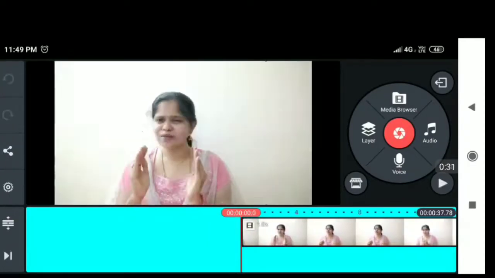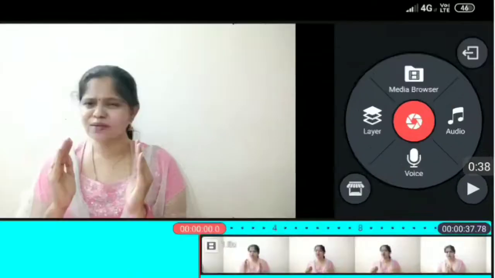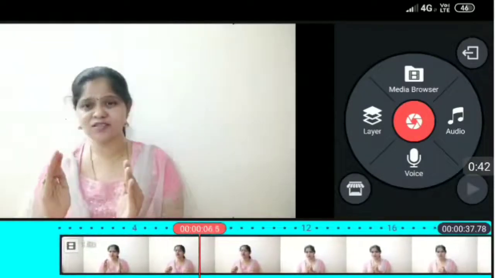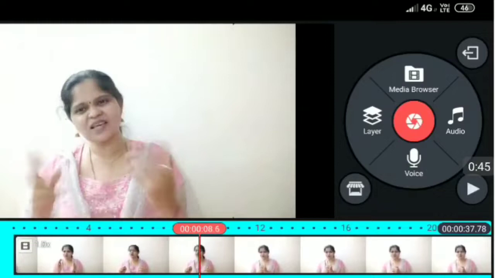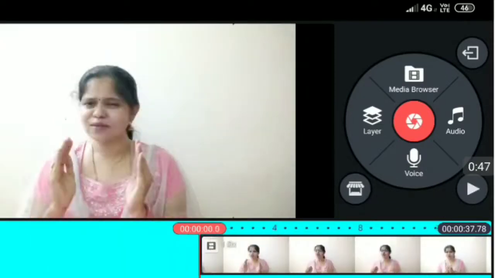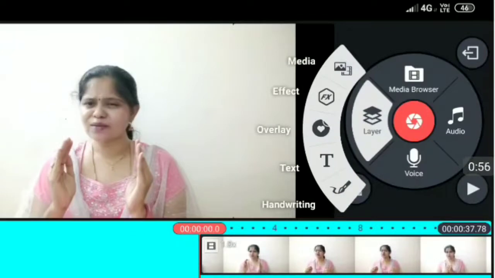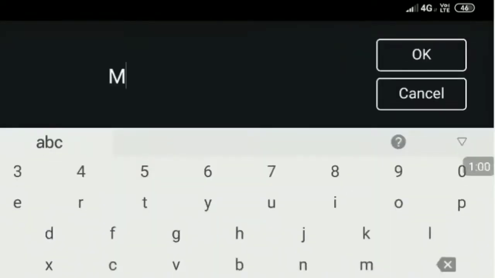Now I'm going to add a layer on the top of this side corner, both the corners. First I'm going to add the first layer. So you have to choose from which place of the video you have to bring that layer. I want it from the starting. I'm just going to give a description about me. So I kept it in the starting area and I press layer. In layer I'm just going to press text. So I am going to write Mathi,